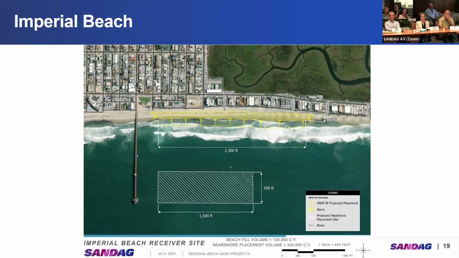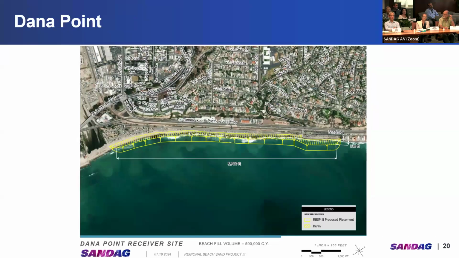This footprint has been slid to the north to get it closer to the pier to make it more economically viable or economically attractive. And then there's a nearshore placement box shown for Imperial Beach right off the pier to the south, which would hold up to maybe 300,000 cubic yards of sand. That's just because that was done before by the city, by the port. And we understand that was fairly successful. It's intended to be a nearshore feeder of sand to the beach without necessarily being up on the beach, and maybe even provide a surfing amenity temporarily. That always enters some folks' heads around here.